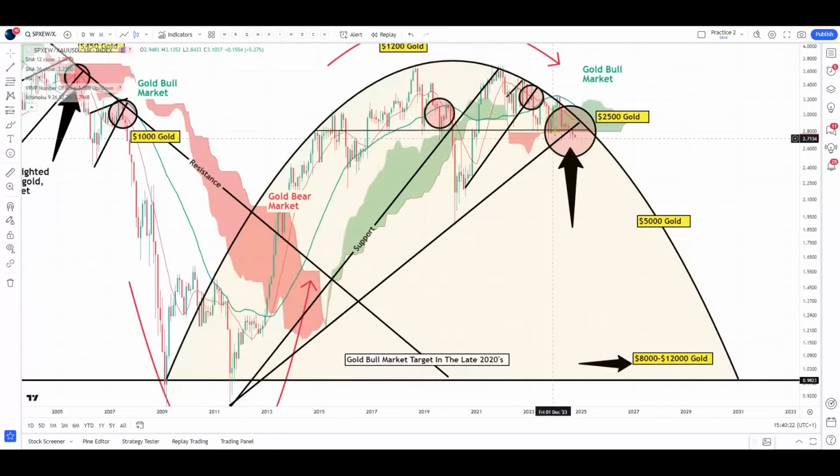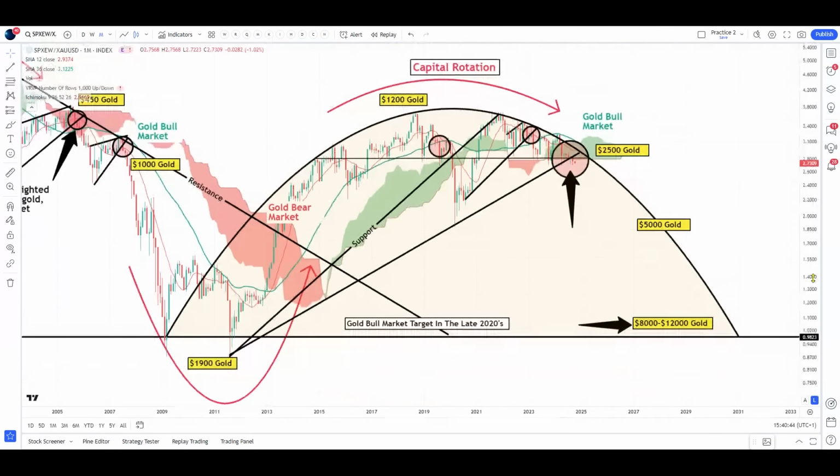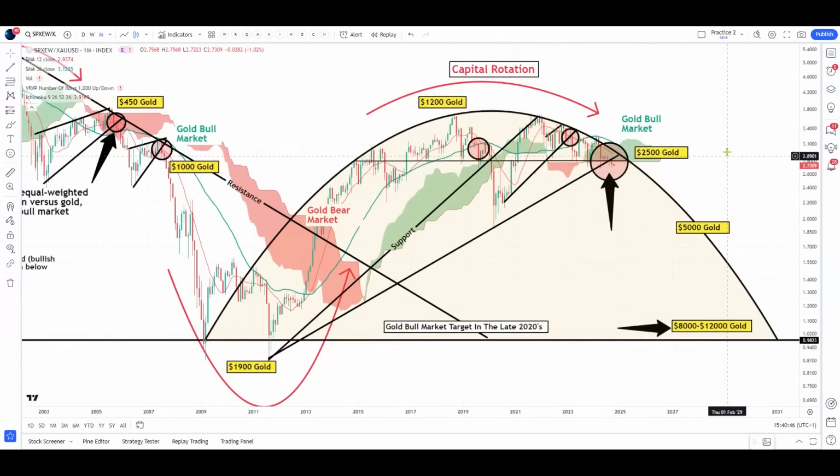Zoom right in. We are breaking below the 12-month moving average. We're breaking below the 36-month moving average. We're breaking below the Ichimoku cloud, that's this red and green cloud here, which provides support and resistance on a technical chart. We're breaking below horizontal support and resistance and starting to drop away more rapidly. So that's another piece of evidence telling us that a capital rotation event is in force and that gold is looking into a strong period of outperformance.